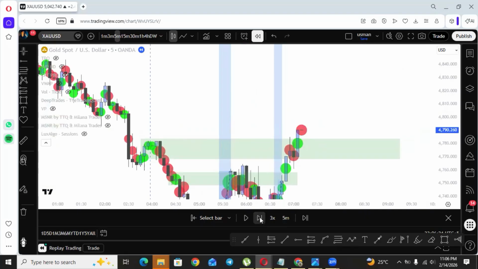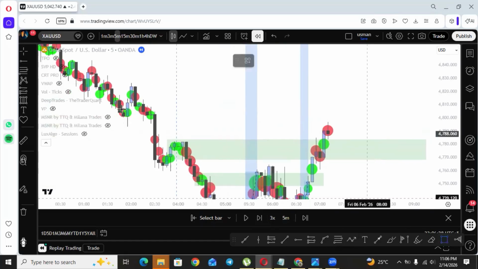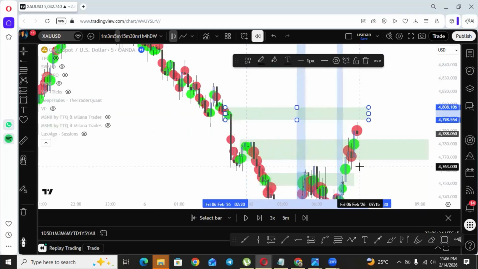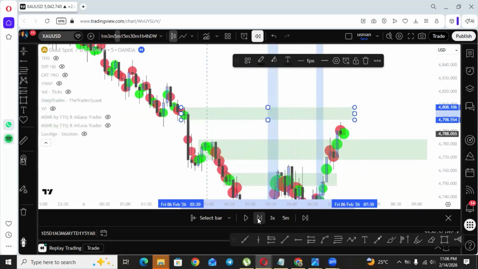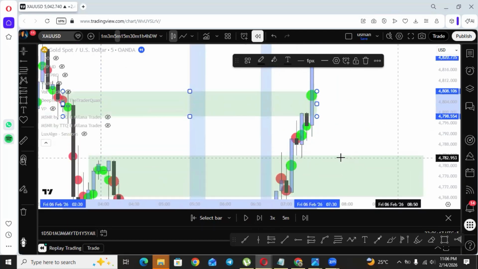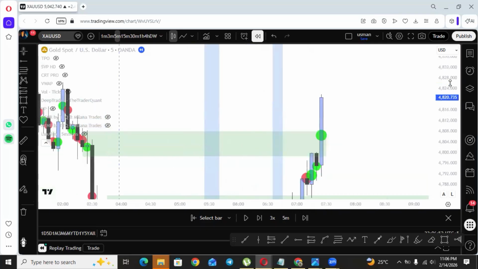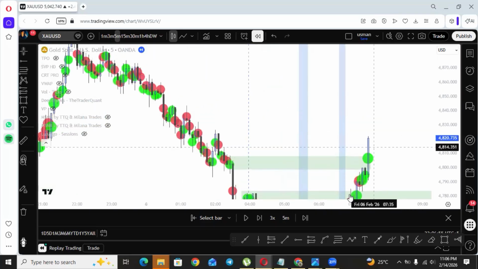So let's play it again. You are getting sellers. Sellers are trying to stop. This was the area. So let's play. Look, sellers tried to push the market down, but buyers showed their aggression in the sell candle, absorbed all of them, and showed a good follow through. So let's play the chart.